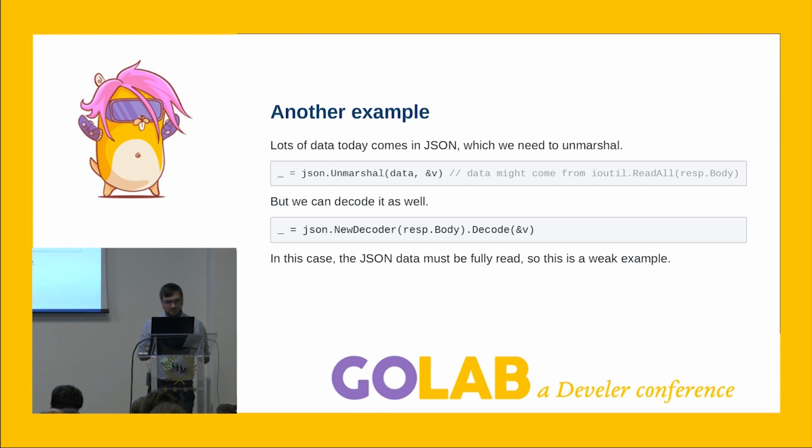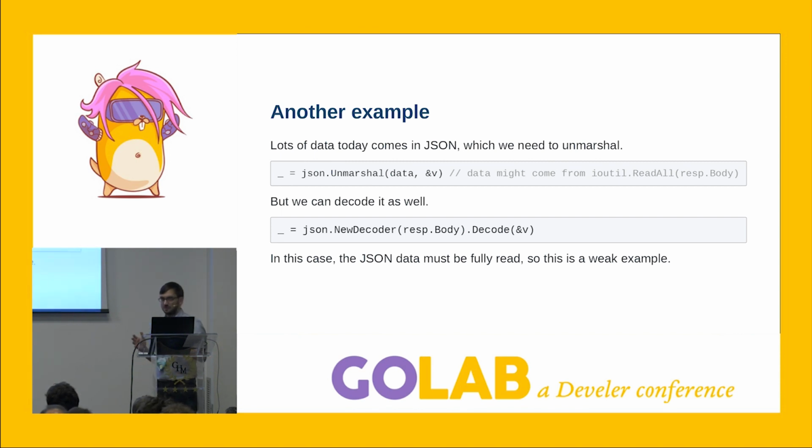One other example that I sometimes see, although maybe not as pronounced as the former example, is when you work with data, for example JSON data. We need to unmarshal this. The unmarshaller takes a byte slice, and you deserialize it into a value. And this data might come from ioutil.ReadAll, because you are reading all the data, then you want to unmarshal this. But there is actually another way that is supported by the JSON package, which is a